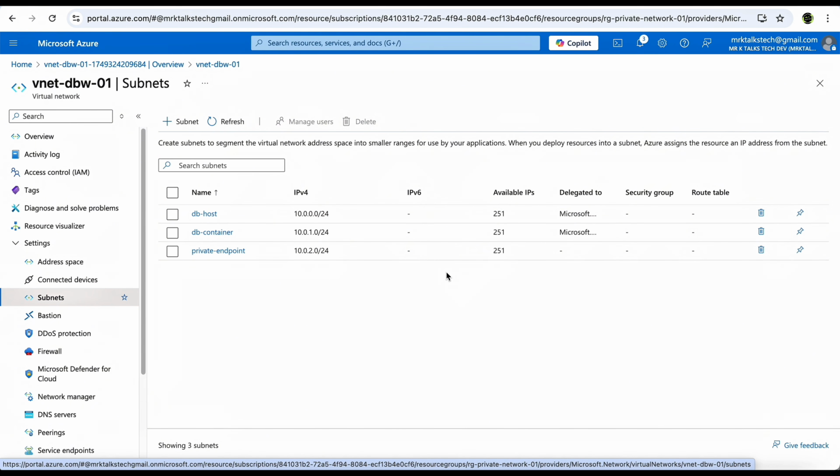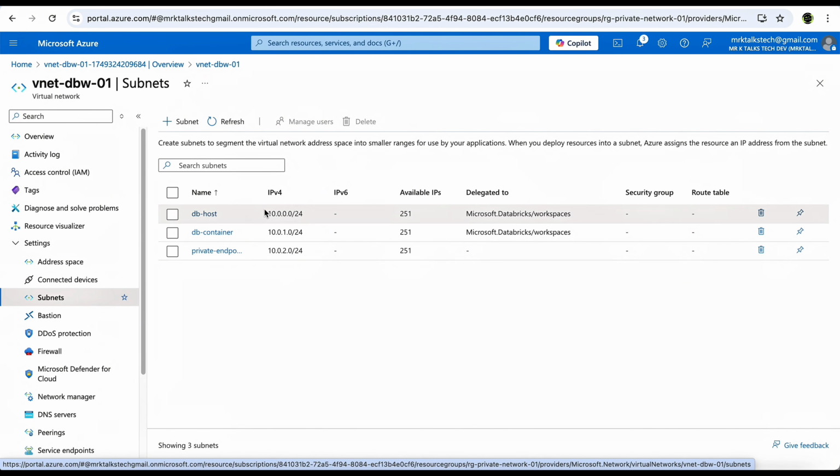Also notice that the first two subnets, which are the DB host and the DB container, are delegated to Databricks, while the third one, which is the private endpoint, is not delegated to any service and will be used for private endpoint connections later. So we will see how we are going to use these subnets. But before that, one interesting thing to note here is all the IP addresses we have here start with 10